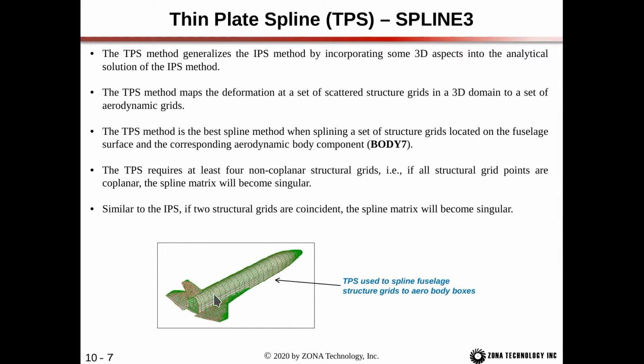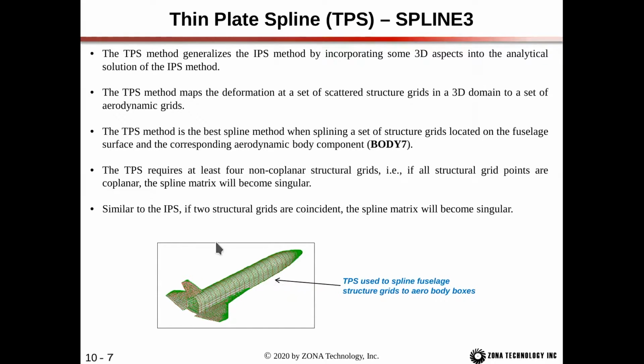So shown here's an example. We have several structure grids distributed out among the fuselage, and then we have our aerodynamic grids, our aerodynamic boxes also describing the fuselage here. So you can see they overlap very well, and this is kind of a 3D shape. And so we select several structure grids scattered throughout this structure and then use the spline 3 to map this